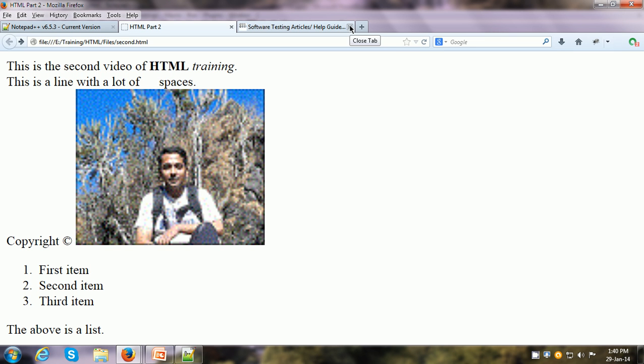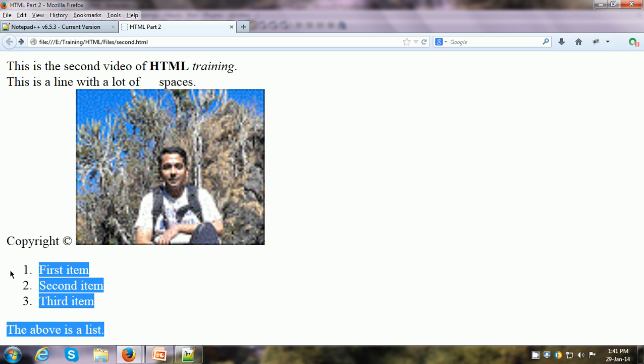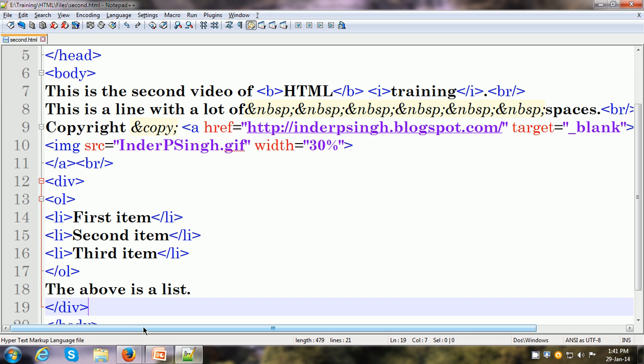So here you can see this entire section is the div section. It has a blank line above and a blank line below. Why is the div tag important? Because it allows us to separate different sections of our HTML document in a logical order.